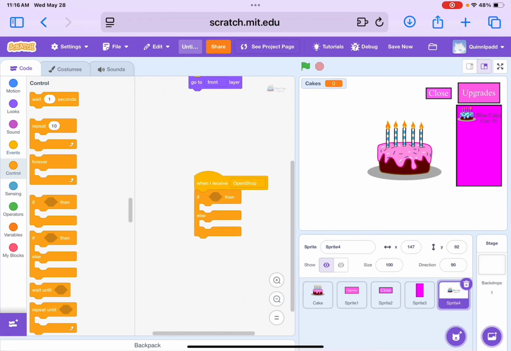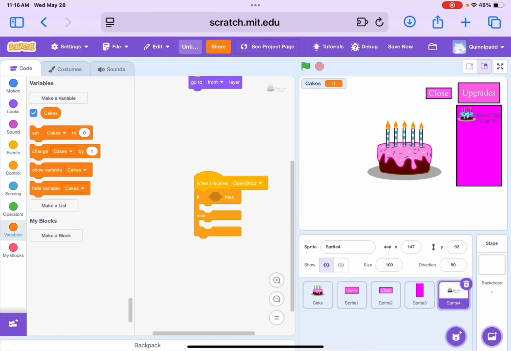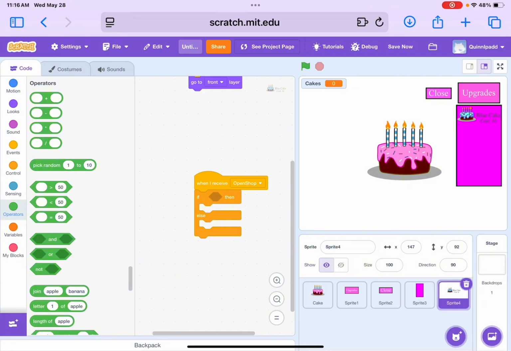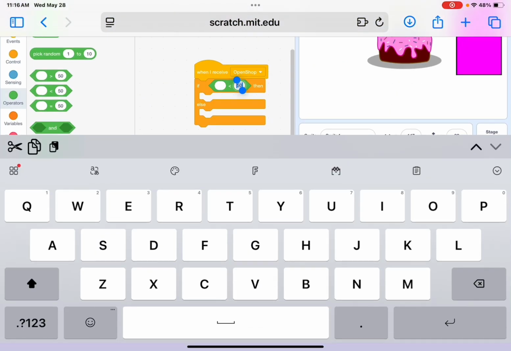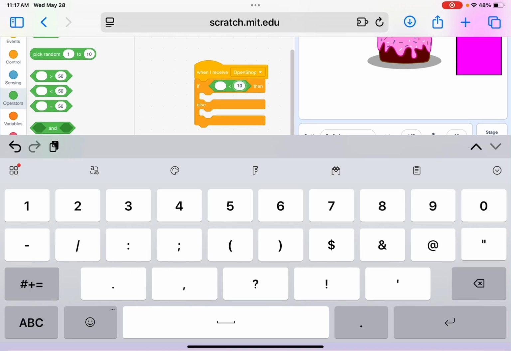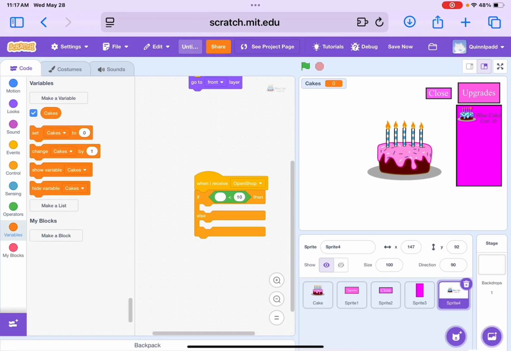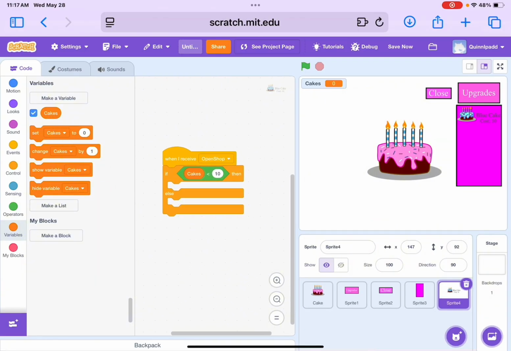Actually, no. If, then go to operators, this. So it costs 10, so we're gonna put 10 in the one on the right. Then we're gonna go to variables, and you can actually drag this variable into the one on the left. So it's if cakes is less than 10, then